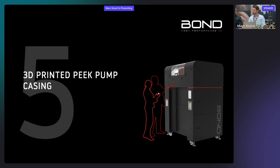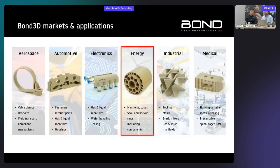Yeah, then we're going to the 3D printed PEEK casing that we've been working on. And I would like to give the word to Harman. Thank you, Mark. Yeah, so this is a case that we take from the energy market. The energy market also consists of manifolds, backup rings, seals, and labyrinth seals in turbines. So we do a lot of different products in that market. Today we will talk about